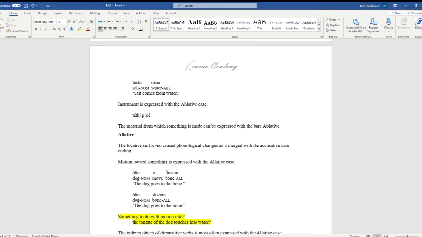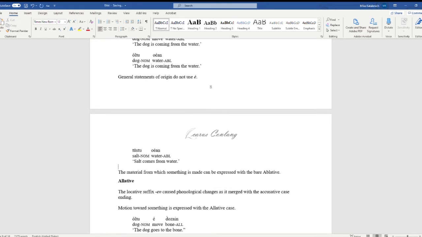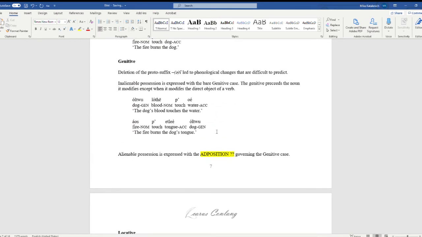That would mean that an instrument could only ever be the subject. I saw the pencil. So if I want to see someone writing with a pencil, I would have to see the pencil of such and such a person, the pencil that writes. I wouldn't see someone writing with a pencil. Or I could see someone whose pencil wrote. I actually kind of like that. Let me put that in the genitive up here. So it did end up being down here.